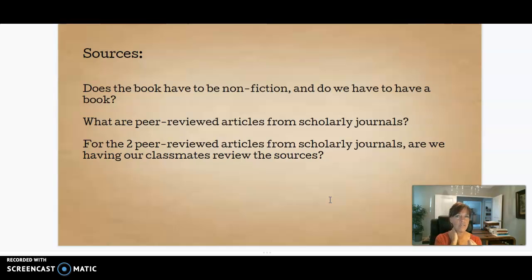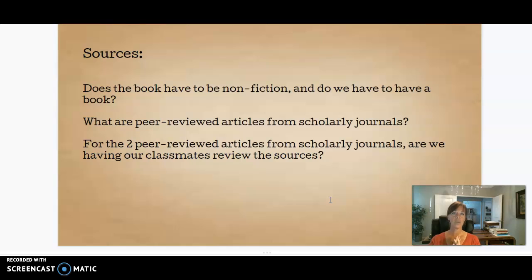As far as what peer-reviewed articles are, that's a really good question. You're going to be touching on this a whole lot more in IFS, in Carly's class, so I don't want to touch too much on it here. But scholarly journals and peer-reviewed articles are how research is published. If you have a researcher who has been doing this research and writing this article, and usually these articles take years to write, and they finally get it ready to be published, they'll send it out to an editor,